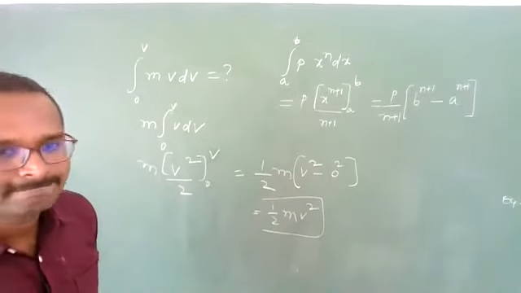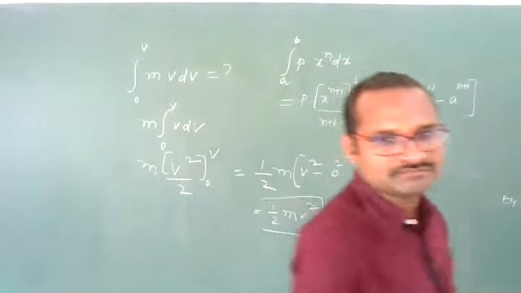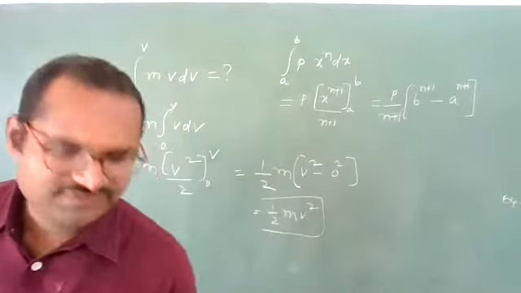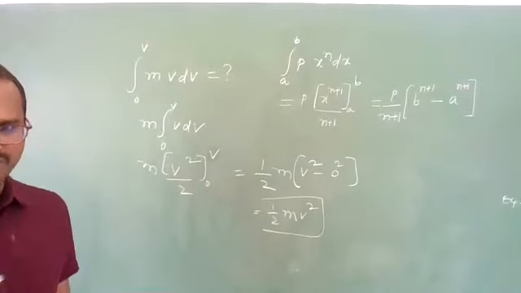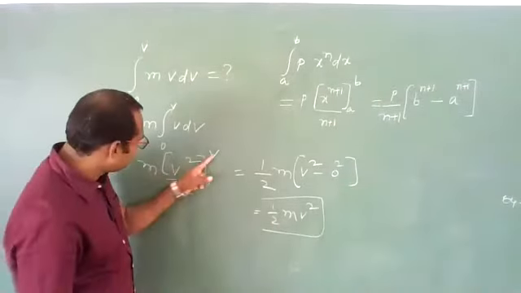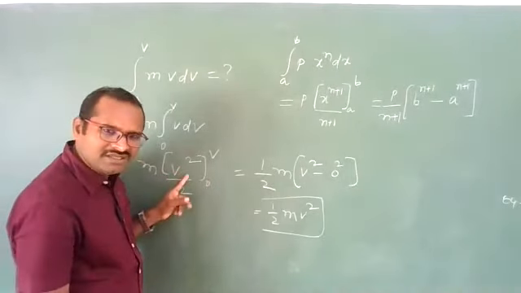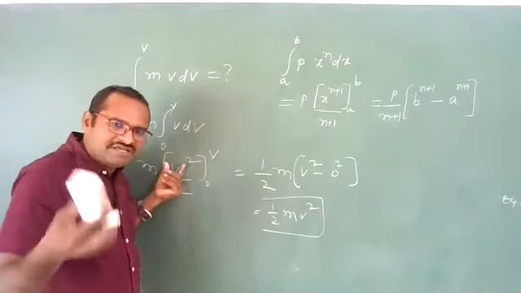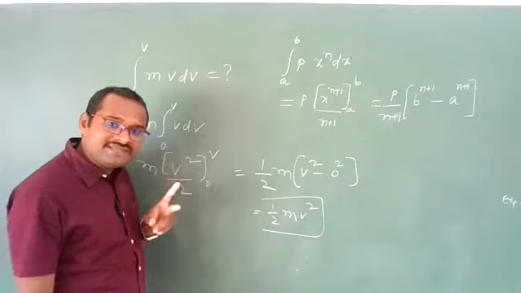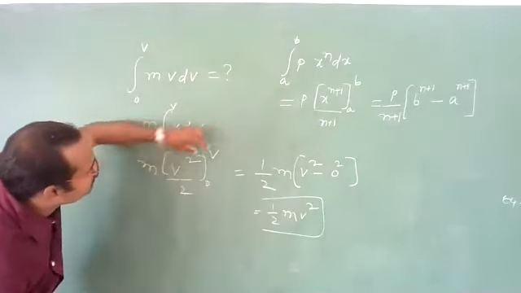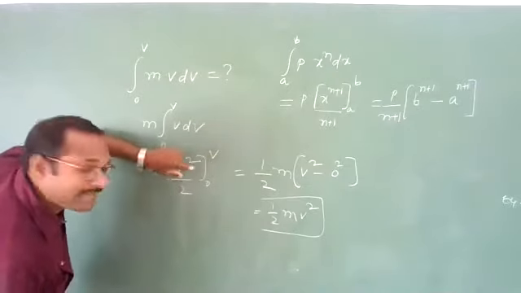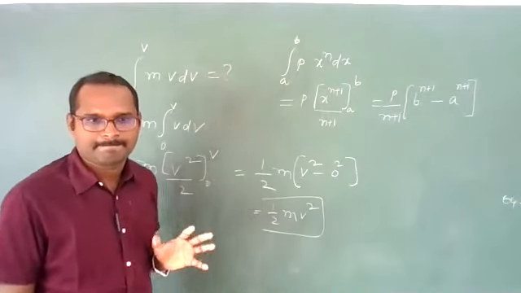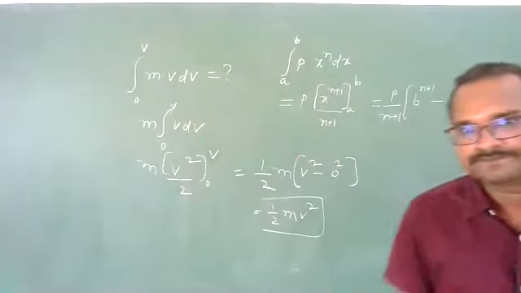Good, Bhumika. Now, if you are having some confusion about what to do here: whatever it may be, in the place of this variable, you should substitute the upper limit, irrespective of anything. When you are applying the limits, in the place of this quantity, you should substitute this. And next subtraction, in the place of this, you should substitute this. That's it.